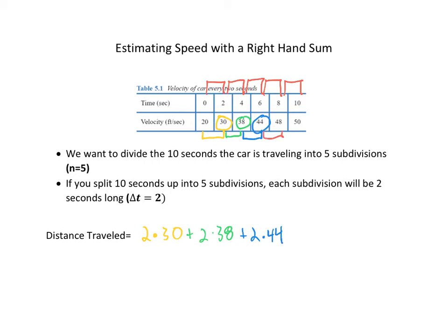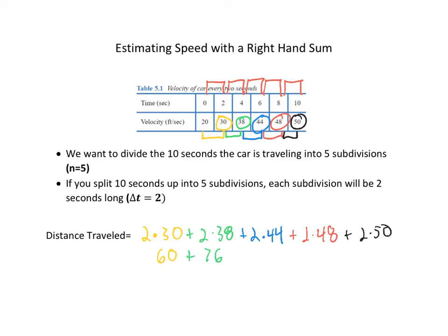From 6 to 8, I'm going to guess the car is doing 48. So plus 2 times 48. And then from 8 to 10, I'm going to guess the car's speed is 50. So plus 2 seconds at a speed of 50. If we add these up, we get 60